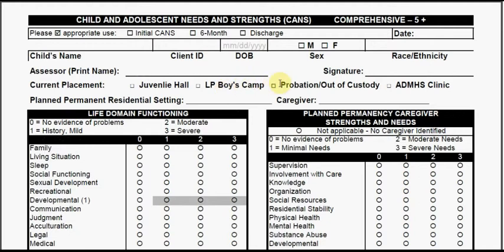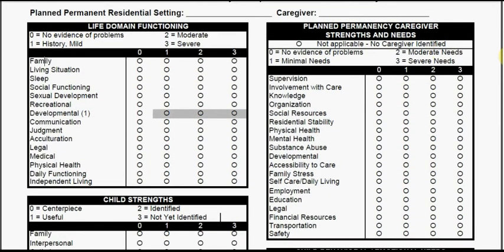temporarily somewhere? Is the child on probation, out of custody? Is the child being seen at the ADMHS clinic? And who is the caregiver at this permanent residential setting, which is not juvenile hall or boys camp? Who is the caregiver? All right, so let's start with the first domain on the left, the life domain functioning,